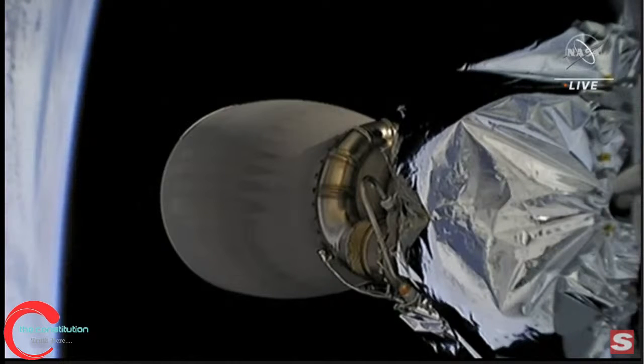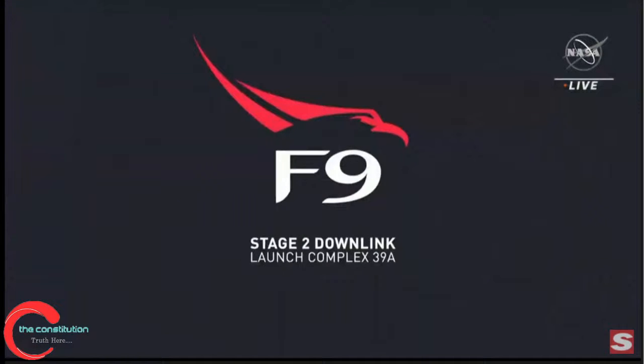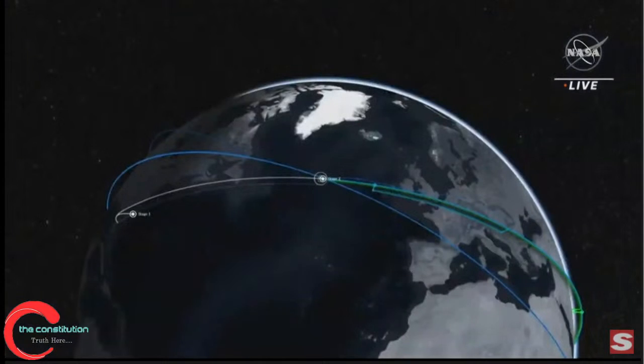Very good. Well, from here in Hawthorne, it was very exciting to see the Falcon 9 liftoff and deliver our 4-person crew into orbit. We're going to be with you throughout the entire phase, the rendezvous phase, until Dragon and this 4-person crew docks with the International Space Station. That'll be over the next 23 hours. We'll bring you through some of those major...